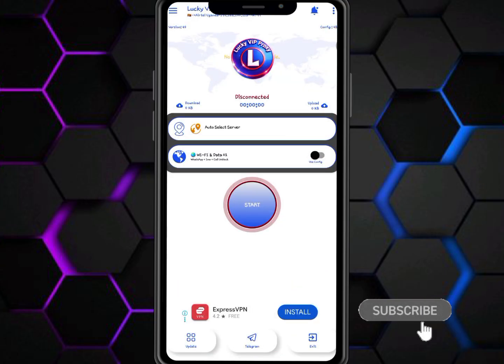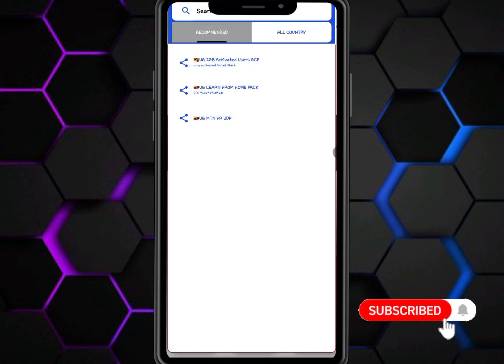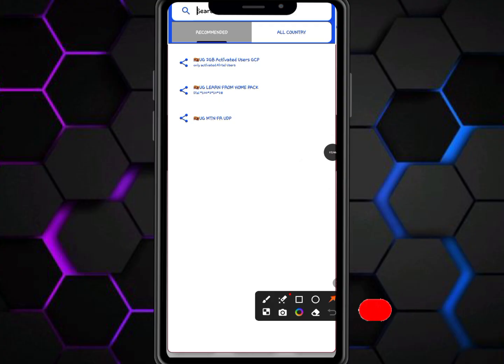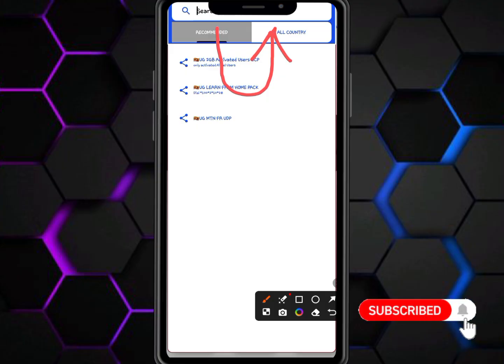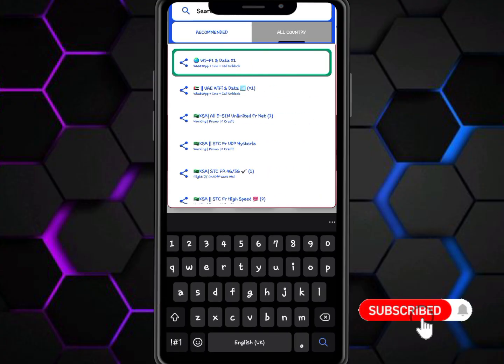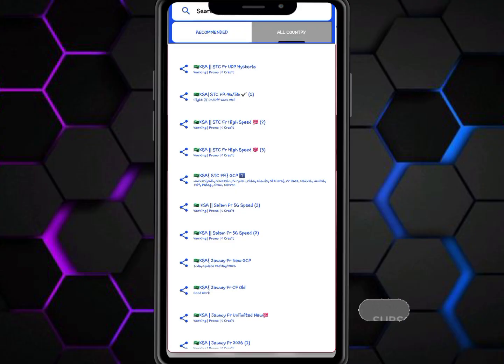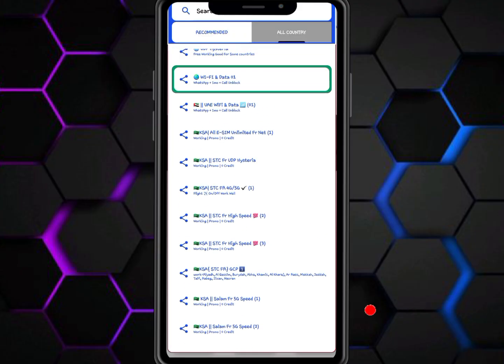So that is it. Lastly, we are going to come where you see Wi-Fi and data, and then you're going to come from recommended, because they'll be recommending you some servers in that particular country. You're going to switch from recommended to all countries, and then once you reach all countries, you're going to scroll and look for your country's server. Alternatively, you're going to come,